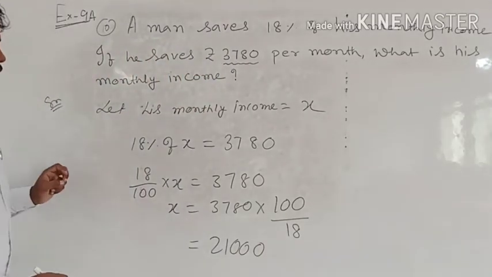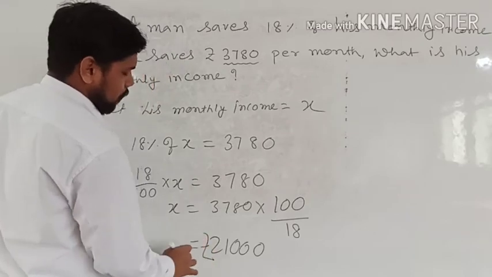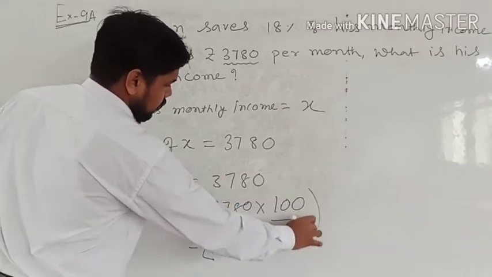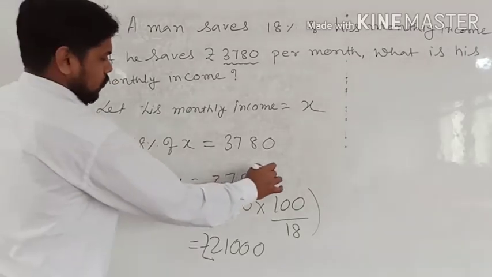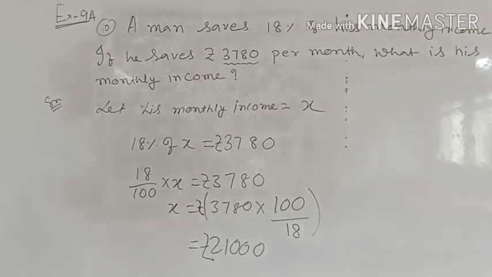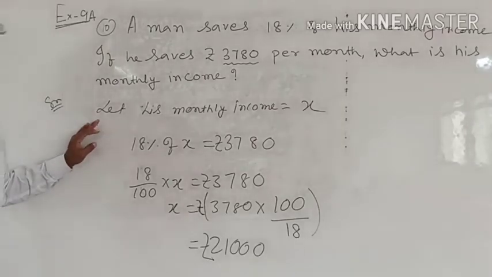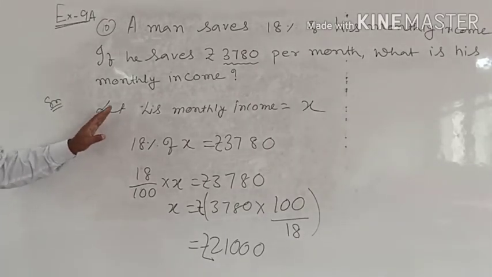21,000 will be the required earning. So here in rupees, you can write the unit. Okay, so the unit of this is rupees. So this is how very simply you can solve this type of question, because here the saving is